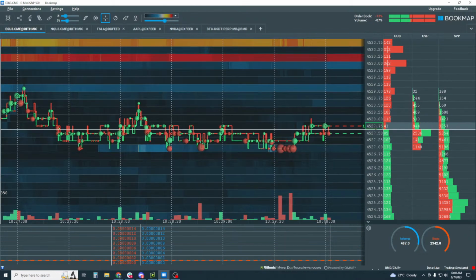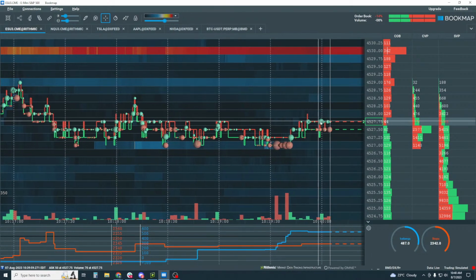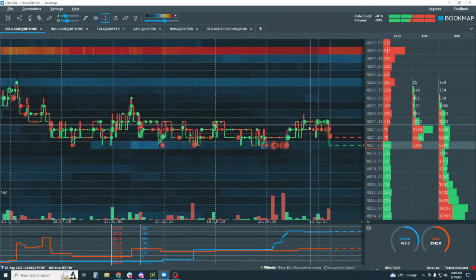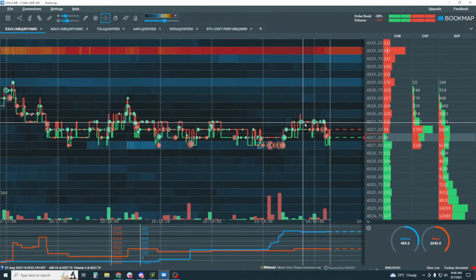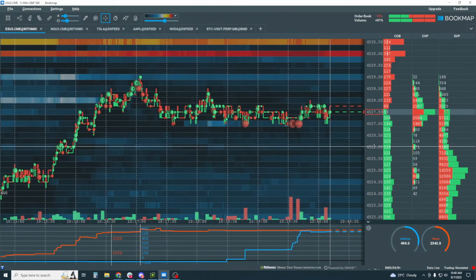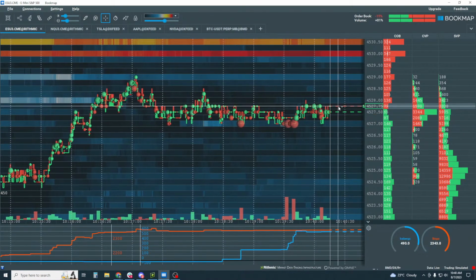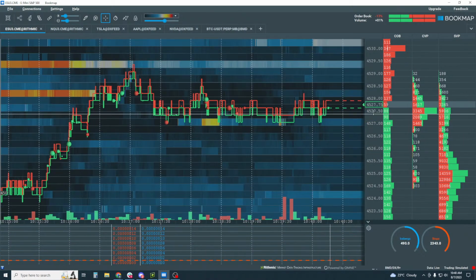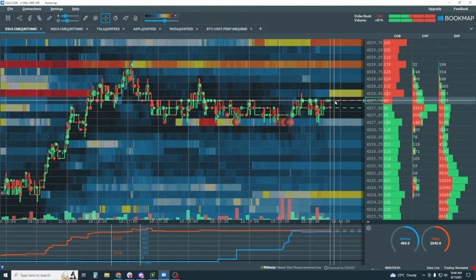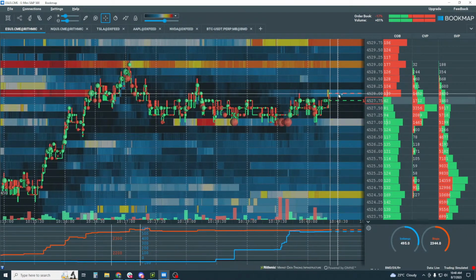Okay, so now we're starting to get our buyers up here. There's some exhaustion here on the sell side. So I'm looking again, buyers here. And let's see them take on 28.